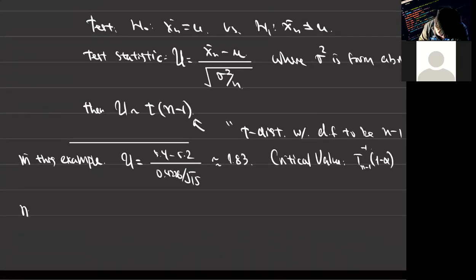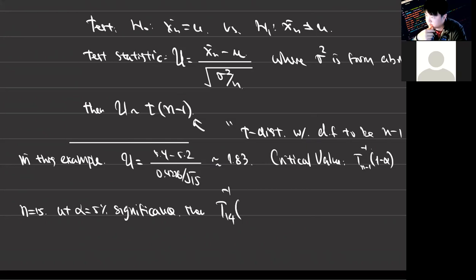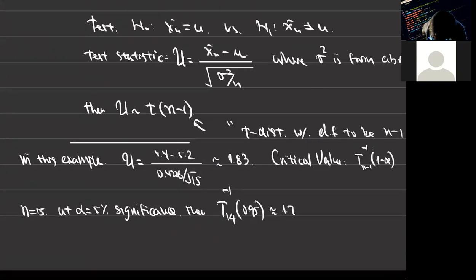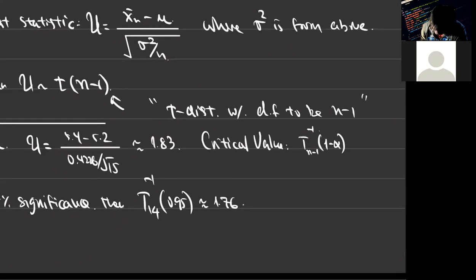So let's say n is 15, and then alpha, say 5% significance. Then your critical value is T14. Don't forget the inverse. 1 minus 5%, so 100% minus 5%. So that's 95%, right? So 0.95. This is going to give you about, let me check my table, 1.76. Okay. So now this is rather easy to compare. 1.8 is bigger than 1.76, so we reject the null hypothesis. So let's say here, thus